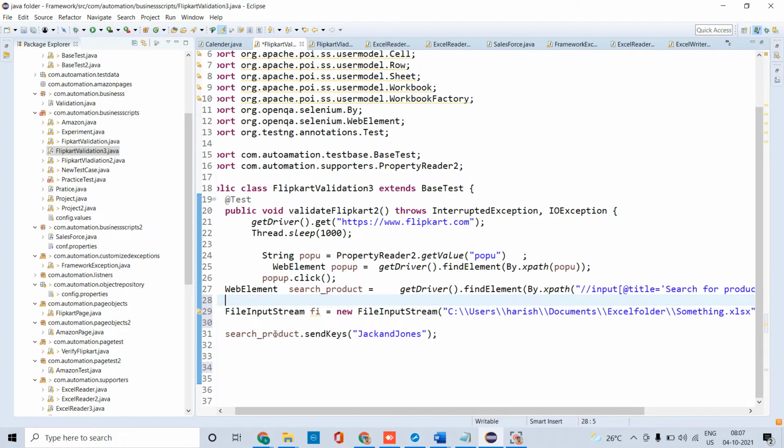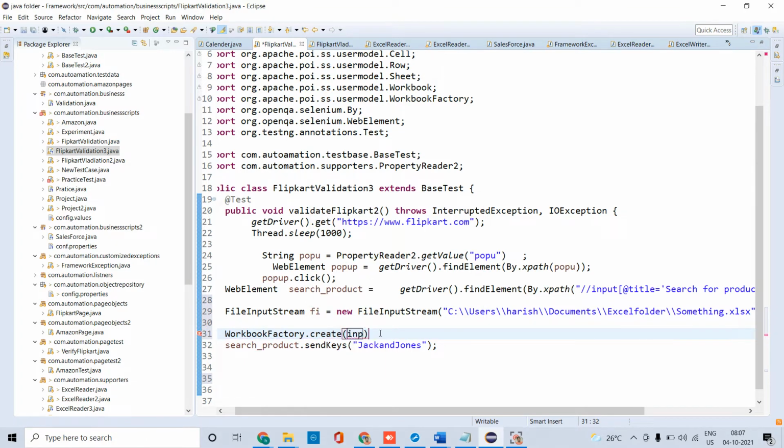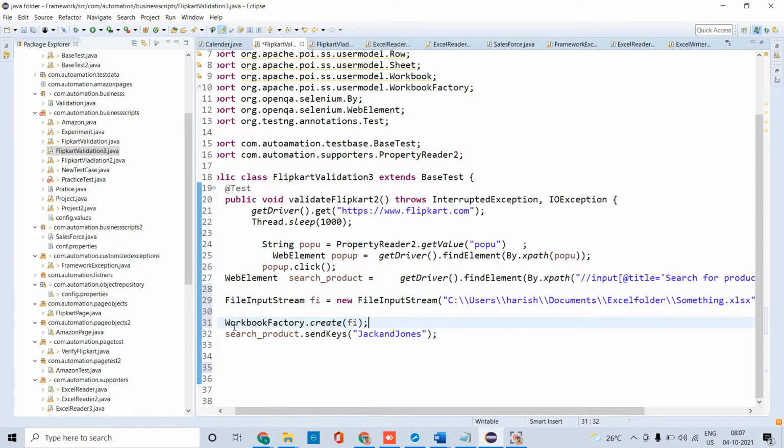In the next step I want to take WorkbookFactory dot. So WorkbookFactory is a class. It has static methods.